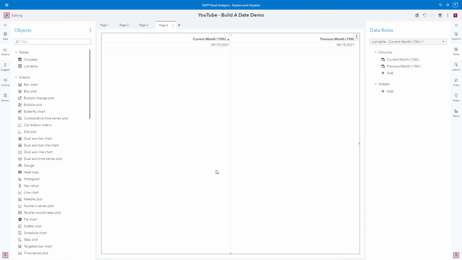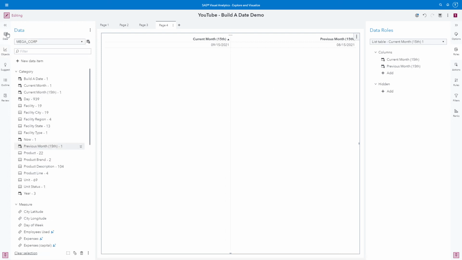Okay, so here we can see the current month is indeed September. It's giving me the 15th of 2021, and the previous month is August 15th, 2021. So all this looks good. But how could we test our January value? Because that's the tricky one that we need to make sure our logic is working correctly.